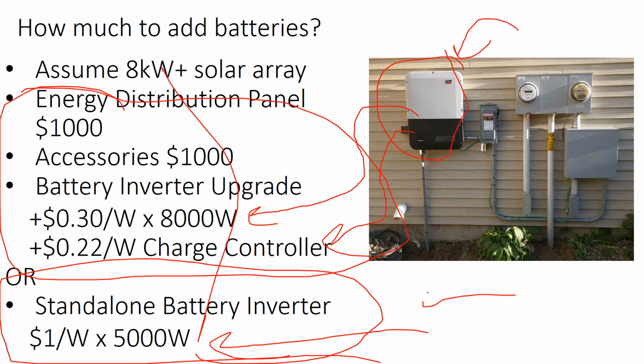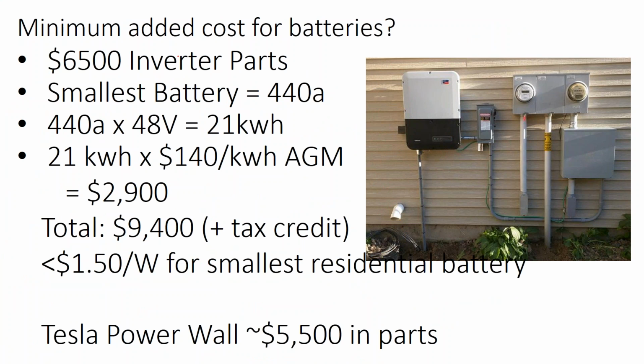or to not have an AC coupled solution, but do a DC coupled solution. It's still going to be pretty expensive even before I get into the batteries themselves. And so to take this batteryless setup and add batteries to it, we're going to have about $6,500 in additional inverter parts. And then if we wanted to do the smallest battery possible,